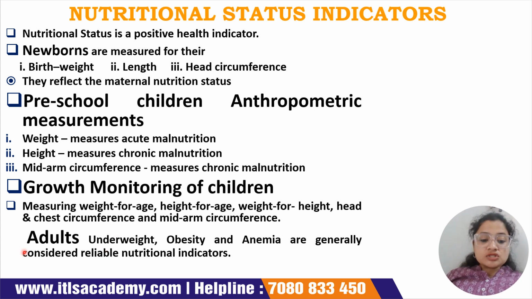And in case of adults, what do we need to do? Underweight, obesity, and anemia are generally considered reliable nutritional indicators. If the adult is underweight, then obviously he or she is suffering from malnutrition. If there is obesity, then too it comes under malnutrition, over-nutrition. And anemia is also a very good indicator of nutrition, particularly again in developing and densely populated countries like India,